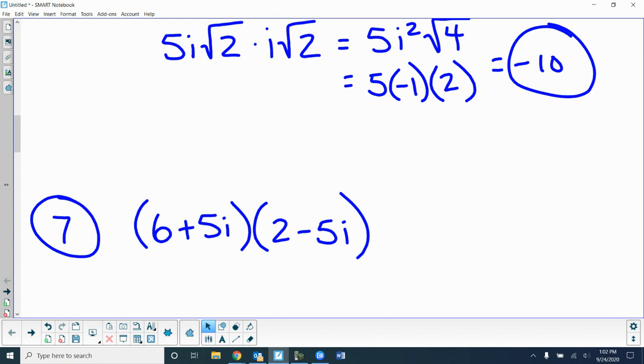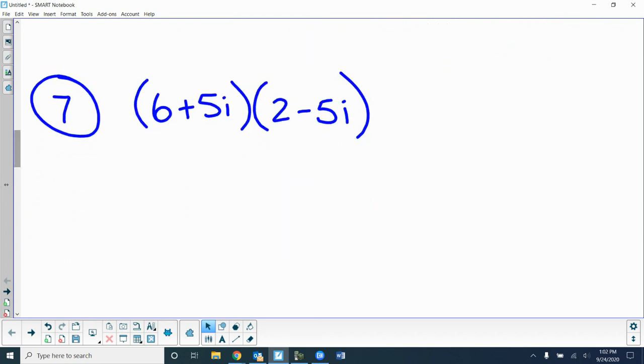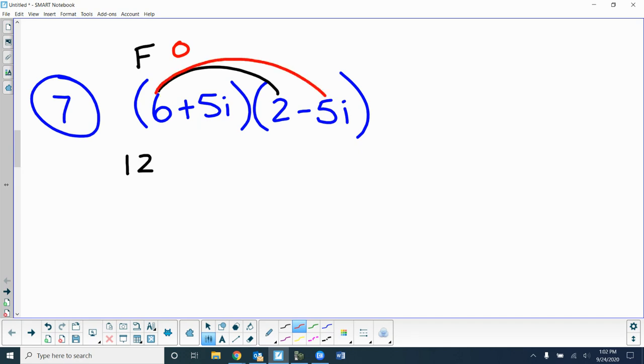All right. So when there's no symbol between, no addition or subtraction, then we're going to FOIL. So when we get to number 7, we'll FOIL. For first, that's the first 2, 6 times 2. For outside, that's these 2, which is negative 30i. For inside, which are these 2, which is positive 10i. And L is for the last 2, which are those 2, which is negative